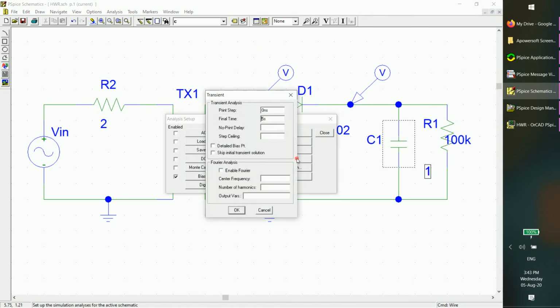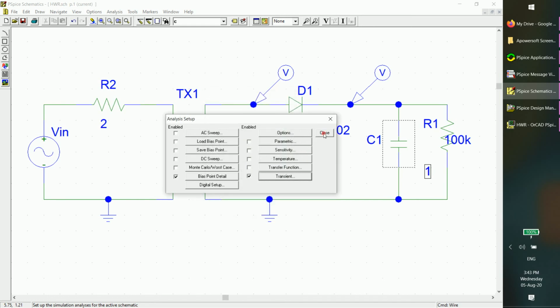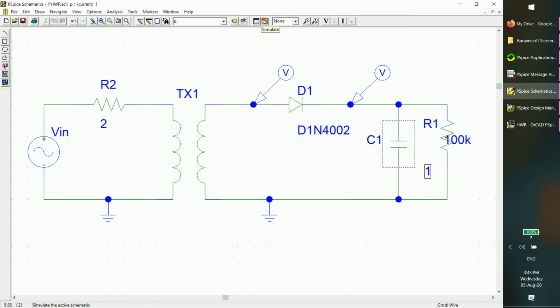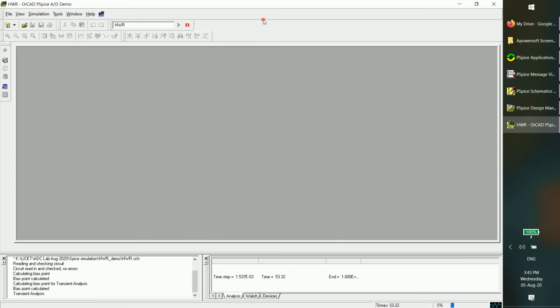Let me increase the time to 100 seconds. You can calculate all this, 1 minus e power minus t by RC, or tau equal to RC, all that you can calculate using the RC value. You can calculate the time constant. It is possible. Fine. Just see here, the tool is taking a lot of time because we are running for a few seconds. Let us wait for the tool to complete. I'm expecting the capacitor to be charged after a finite amount of time, and then we should get a constant DC.